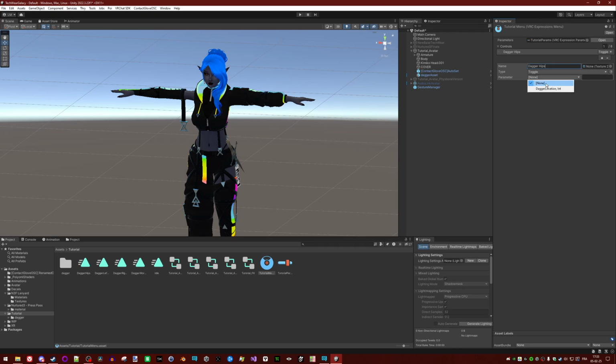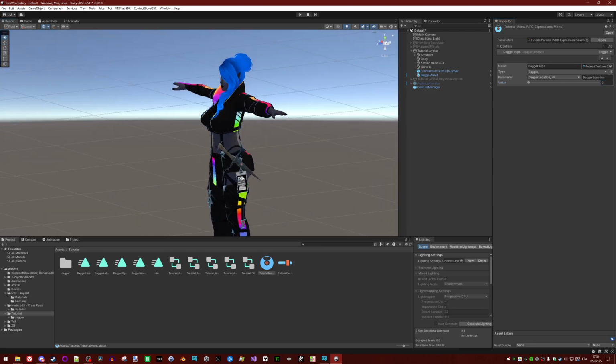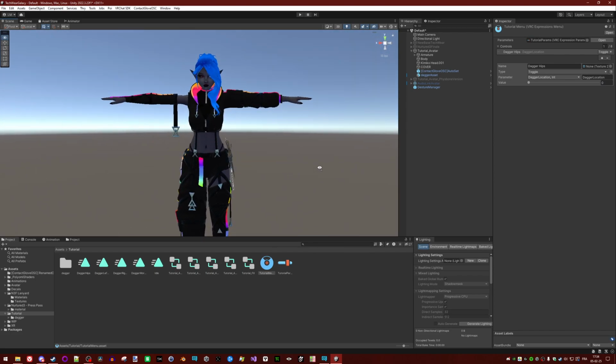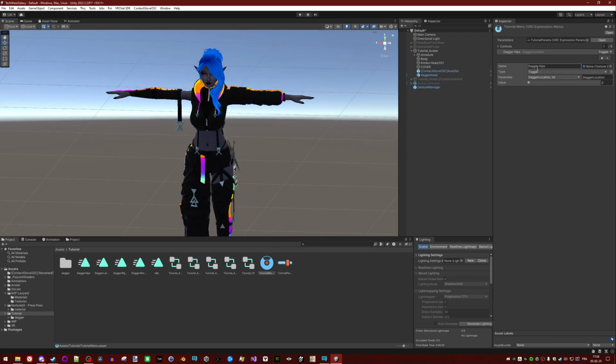It's a toggle, the parameter is the one we already created, and the value is 0. And I would recommend to create this on your avatar no matter what, because if you're using world constraints, your prop could be lost somewhere in the world, and with a single toggle you could just get it back.